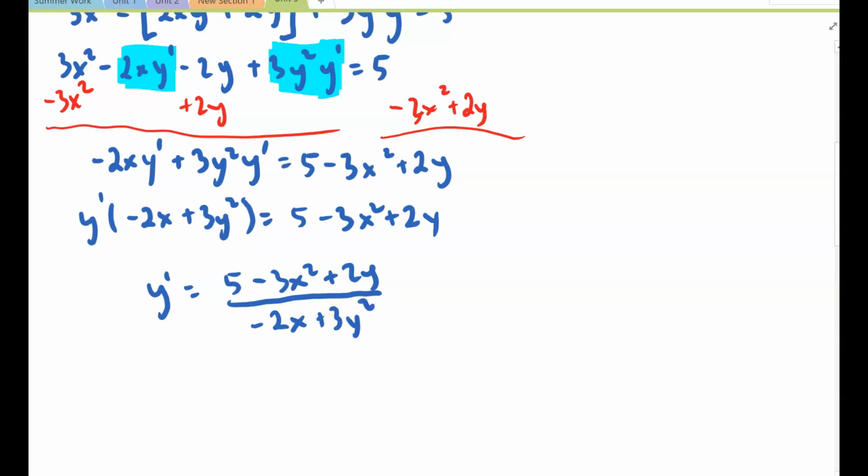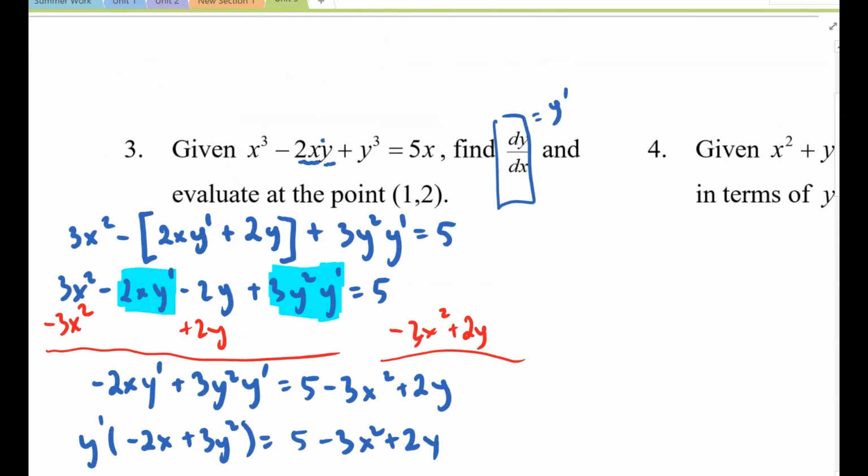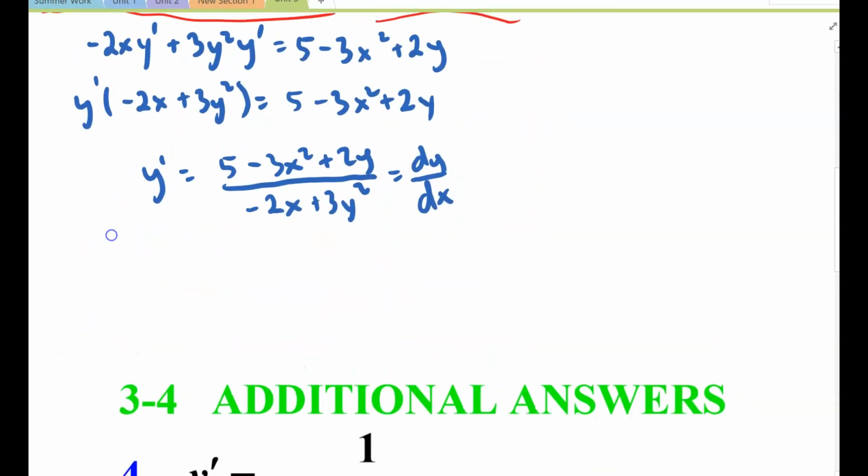It's important to note that this is dy/dx. That's what they wanted. They wanted us to find dy/dx and then also evaluate at the point (1, 2). So now that I have this function, I'm just going to plug it into the equation. So dy/dx,